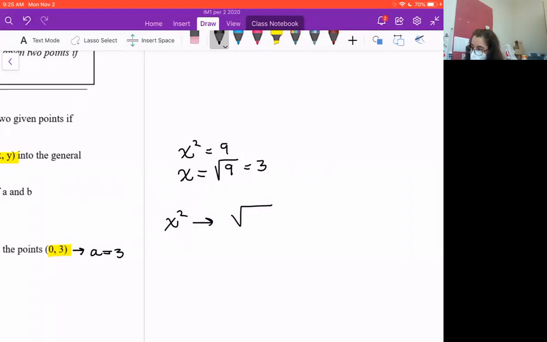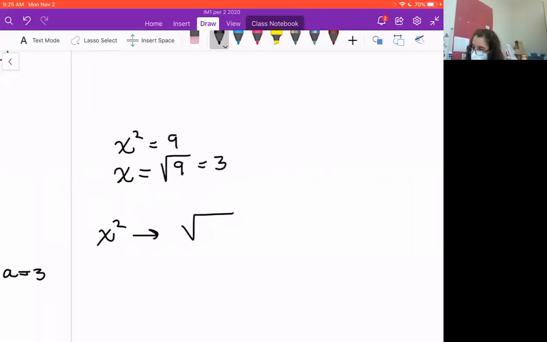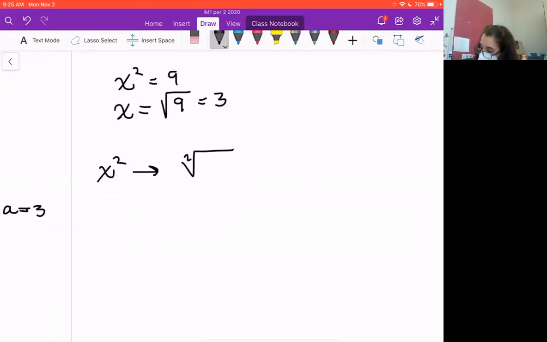I use a square root. Now, actually a square root, you may not know this, has a teeny little 2 in the corner to tell us that it's a square root. We don't usually write the 2. Reason? Square root is the most common kind of root. So it's kind of like, we don't write times 1 and we don't write things that are the most common, because there's no point. So we don't write the little 2 when we normally write a square root. However,